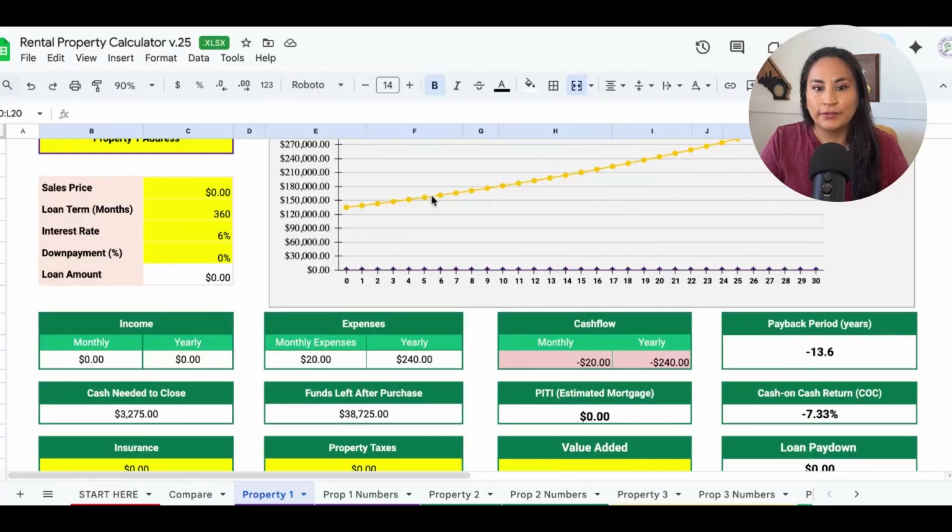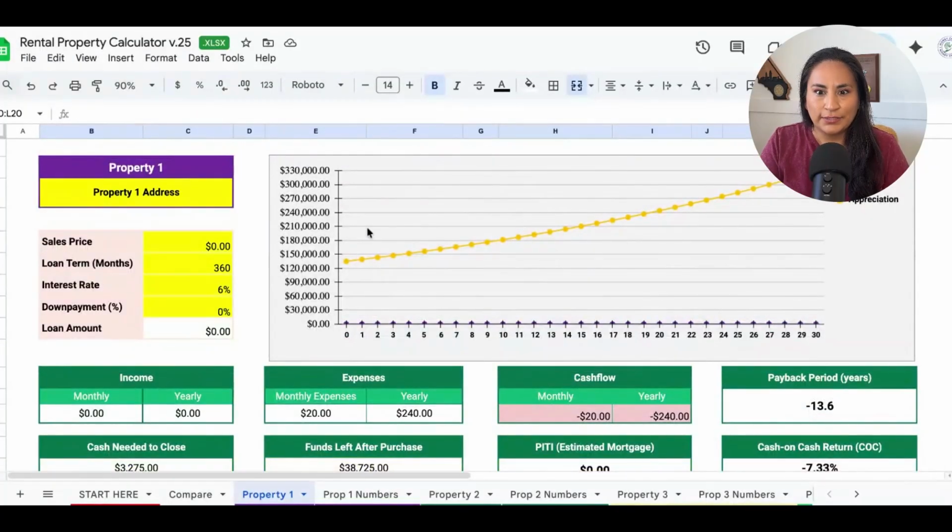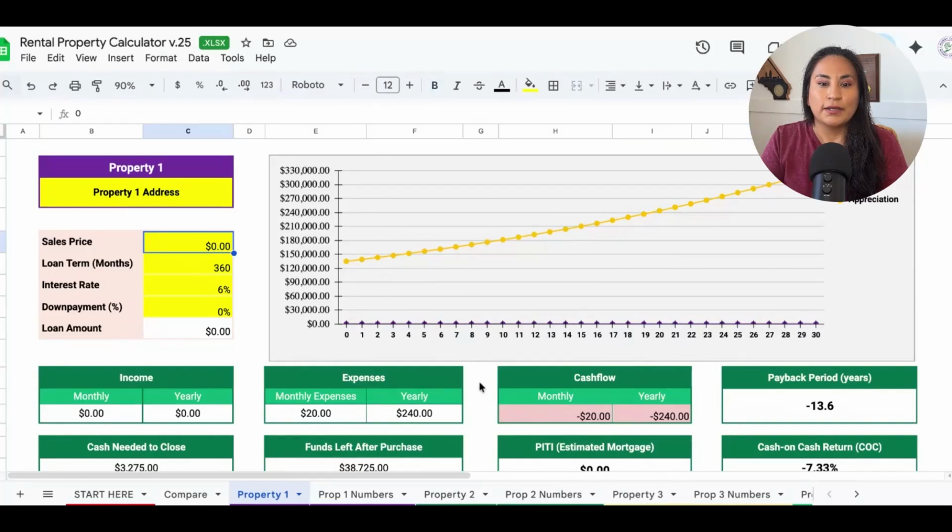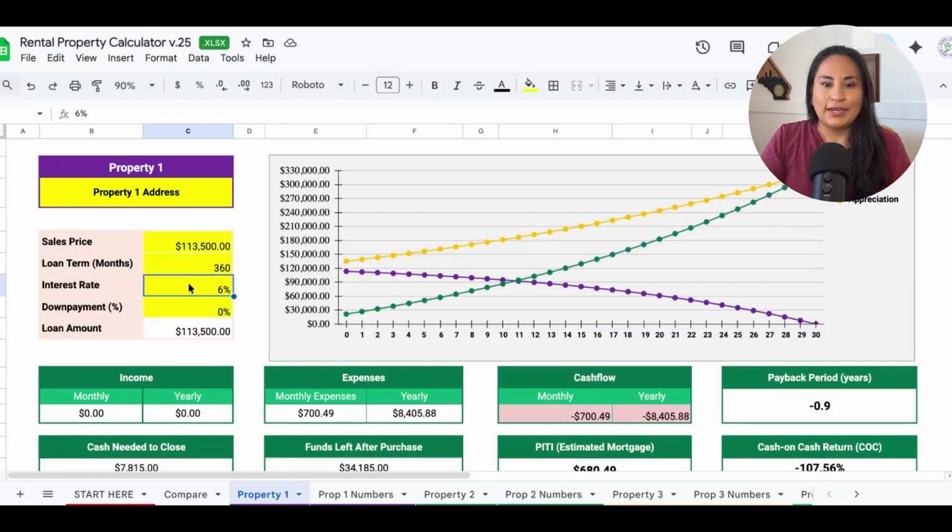All right, so here is my calculator. It's pretty simple. I'm going to use one of my rentals, and you can get an idea of how this calculator works. First, we're going to put the sales price, and I bought it for 113,500, and the interest rate was 5.99%, so I'm just going to put 6%. And for this property, I did put 25% down,